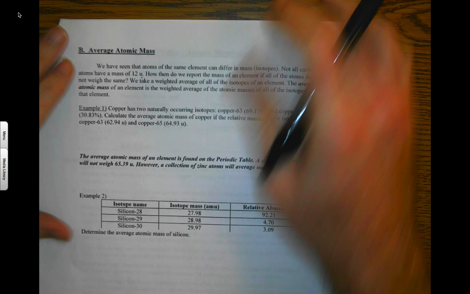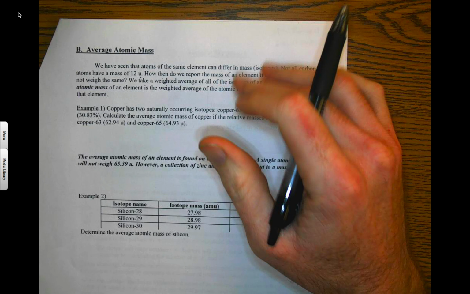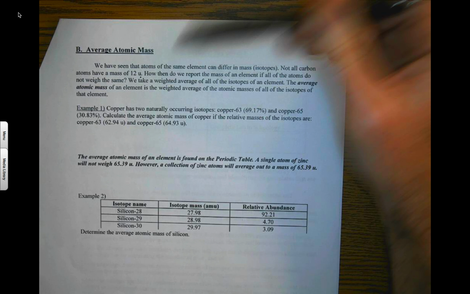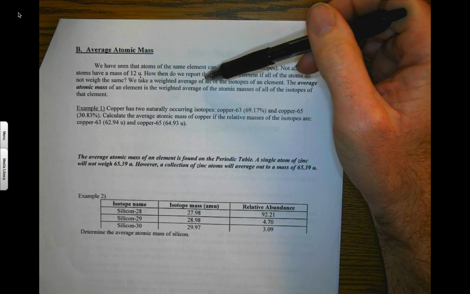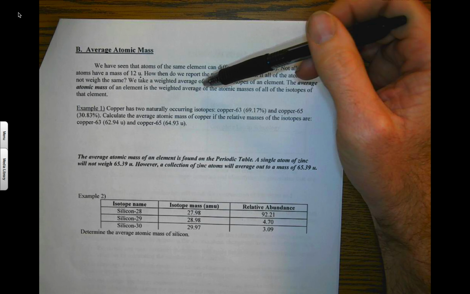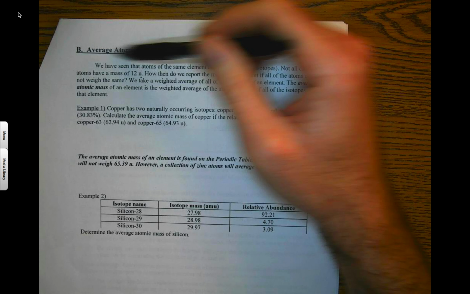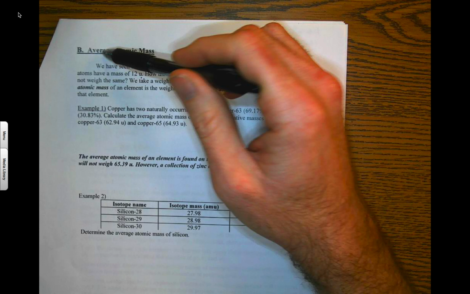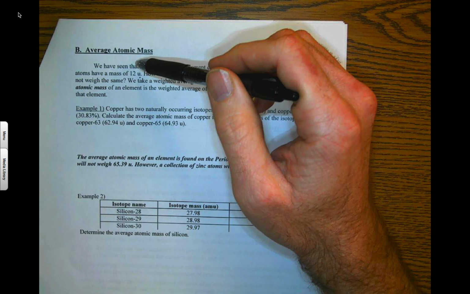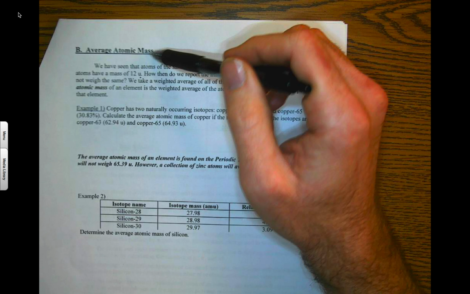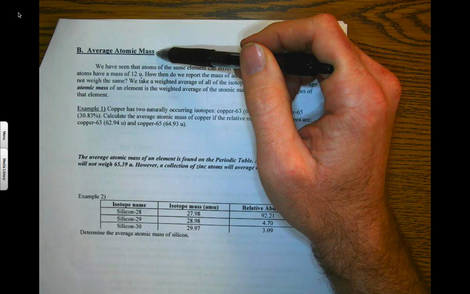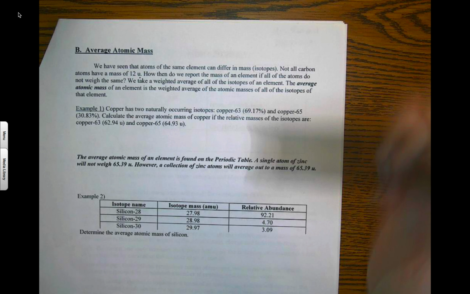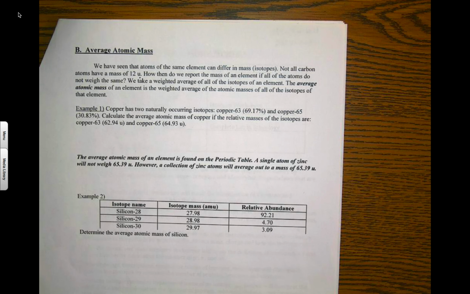Now, so we have these different isotopes, but some of them appear more often than others. So we need to calculate a weighted average to find the average atomic mass. And by finding the average atomic mass, that is actually going to be the mass on the bottom of your periodic table. That's how they're finding those, and that's why you don't actually have